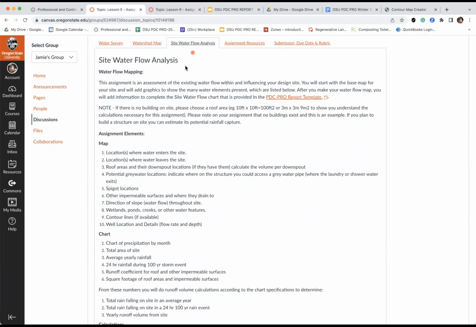The third part is the water flow analysis, where we're analyzing some of the information. We're going to have a map. So you're going to take your base plan and create a new layer, so to speak. You're going to use it as a template and write over that, however you're doing that. And we want to see where water comes into the site, where it leaves the site. We want some data on your impervious surfaces. So that'd be the roof areas,